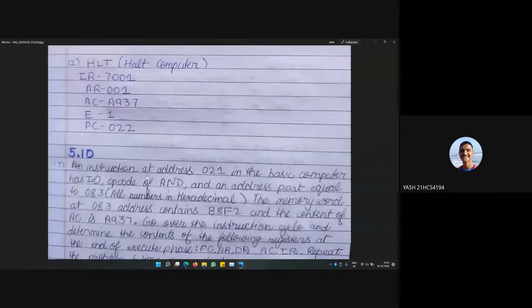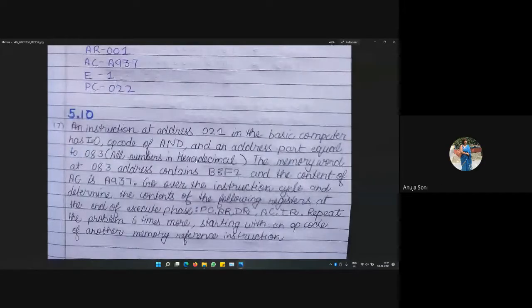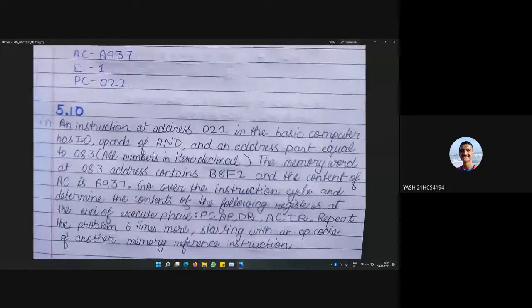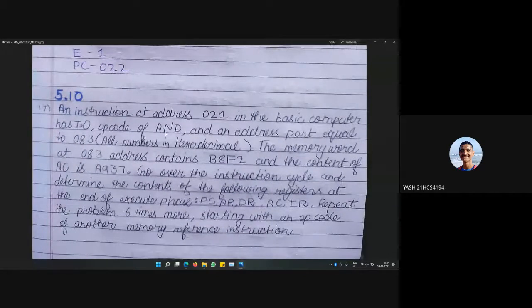And the next question. In the next question, we have an instruction at address 021, and the I bit is 0, that is, it is a direct address instruction. The OP code and address part have been given. The memory word at address 083 contains B8F2.